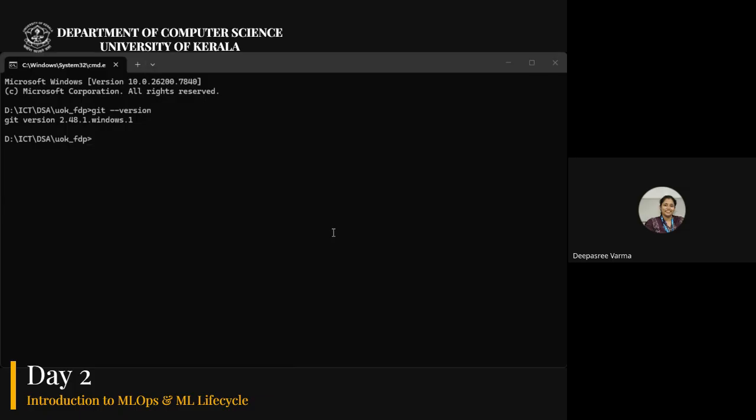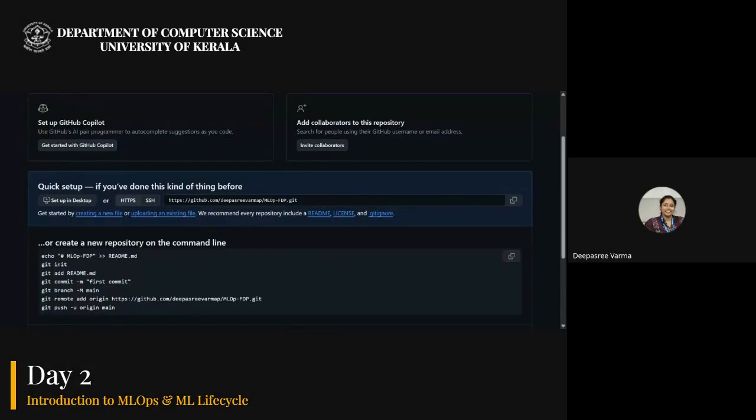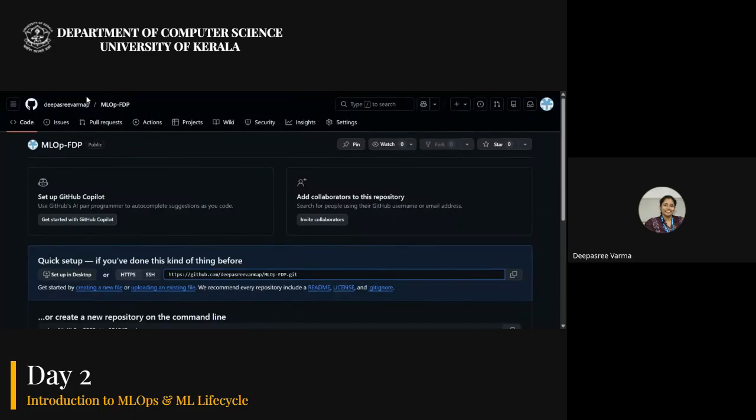In my case, it's already configured, but if you're doing it for the first time, you can do git config --global user.name and give the username. So where do you get the username? In GitHub. If you see here, in the GitHub page, you can see your username.